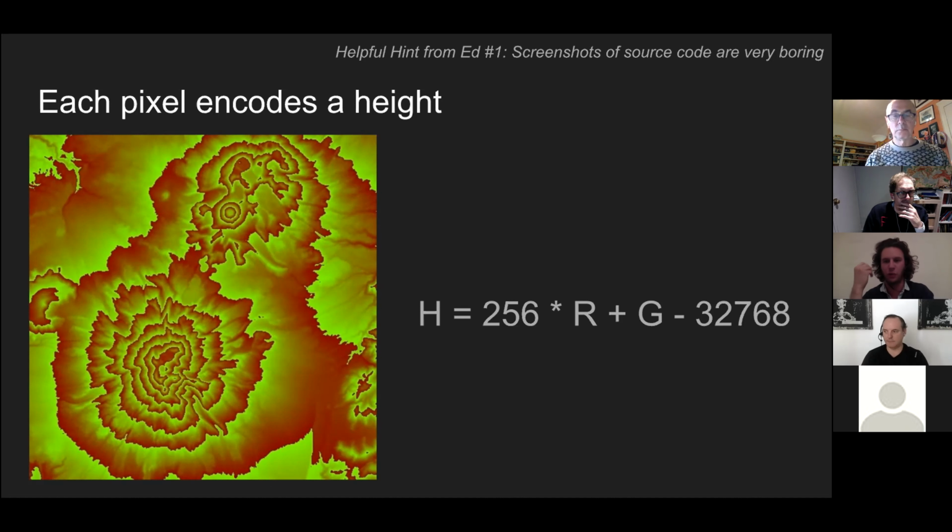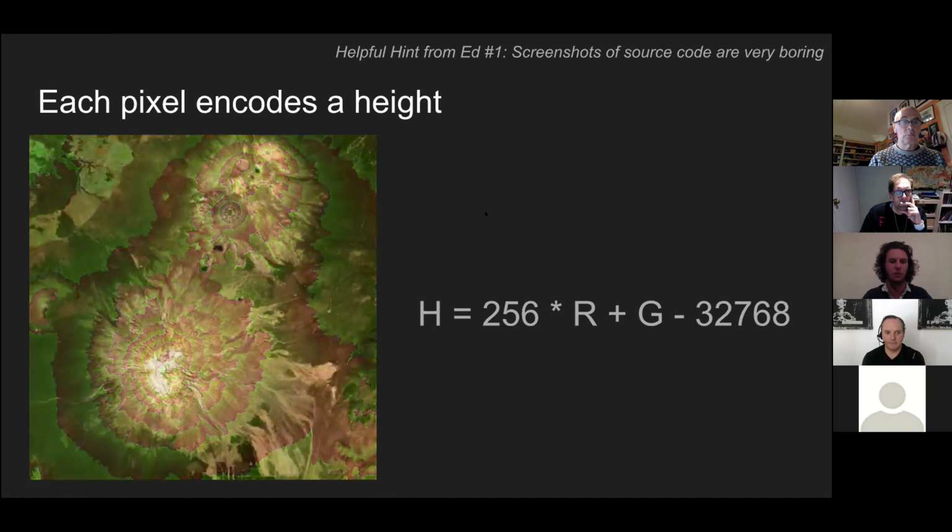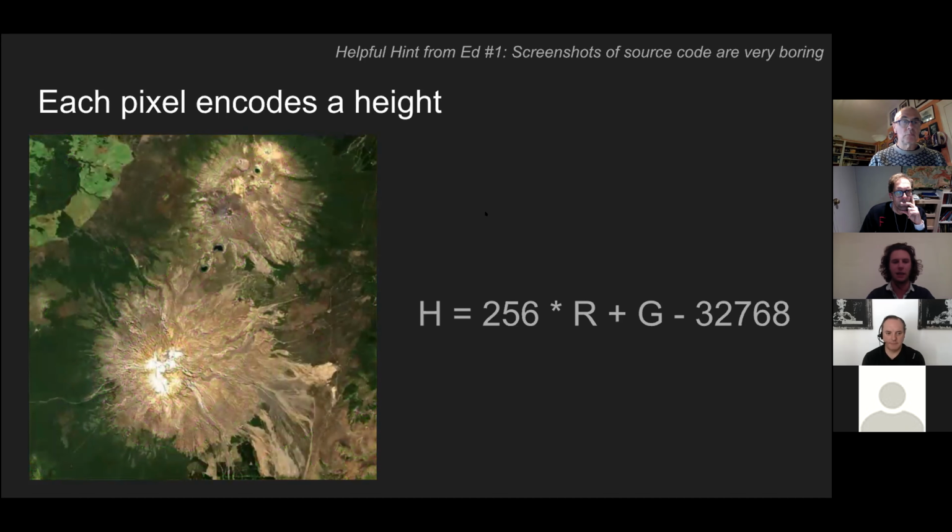You just use this formula here to combine the data from the red and the green. And you can also use the blue channel, but we're not using it in Nasdam. You can extract the height, any kind of pixel location in this way. And you can already see from this image that you kind of have this contour pattern coming up. You can see that it's representing in image space what you have in the world. And if I just zoom through and show what the actual location looks like, and you can see how it